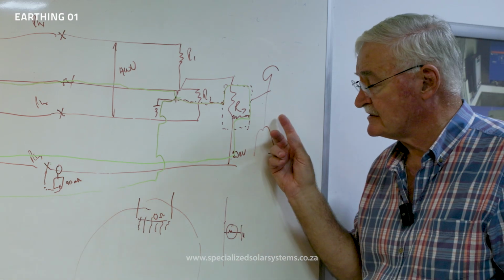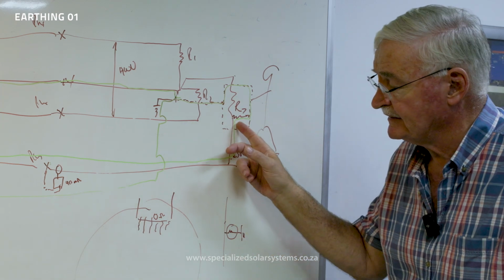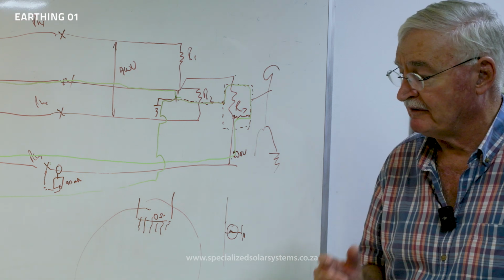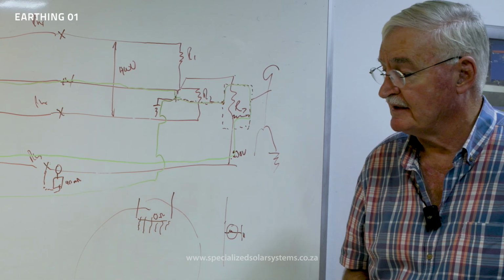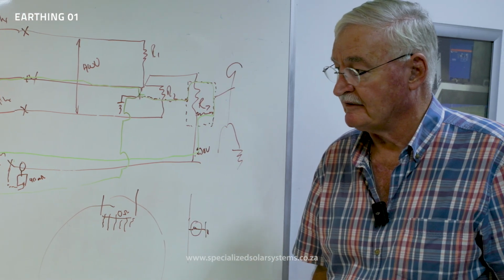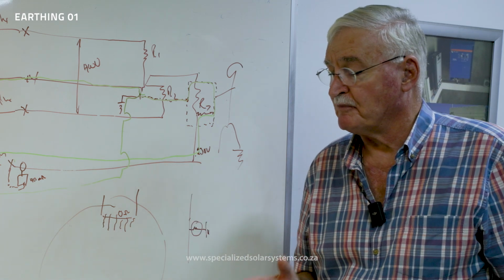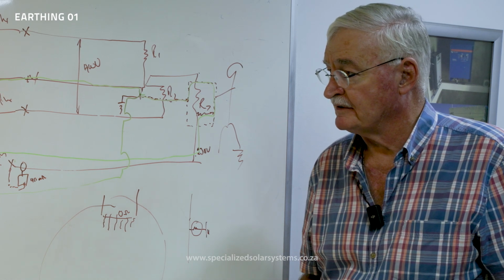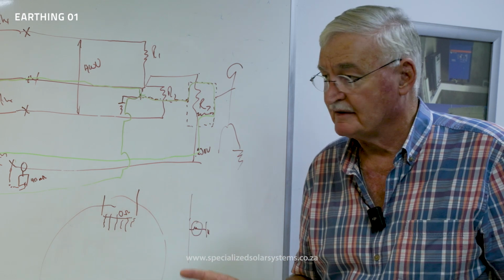And it's not only dangerous to the people working on it, it's also dangerous for your electronic equipment. So if you had an inverter, the metal casing would have stayed live. And bear in mind that you've got printed circuit boards in there, electronic equipment that's very, very sensitive. So you don't want any of those components to be exposed to an earth leakage current. So those are the two reasons you always have earthing. The one is to bond it so that the potential remains the same and you don't get shocked or electrocuted. And the second reason is to isolate the system if there's a leakage current to earth. So those are the two main